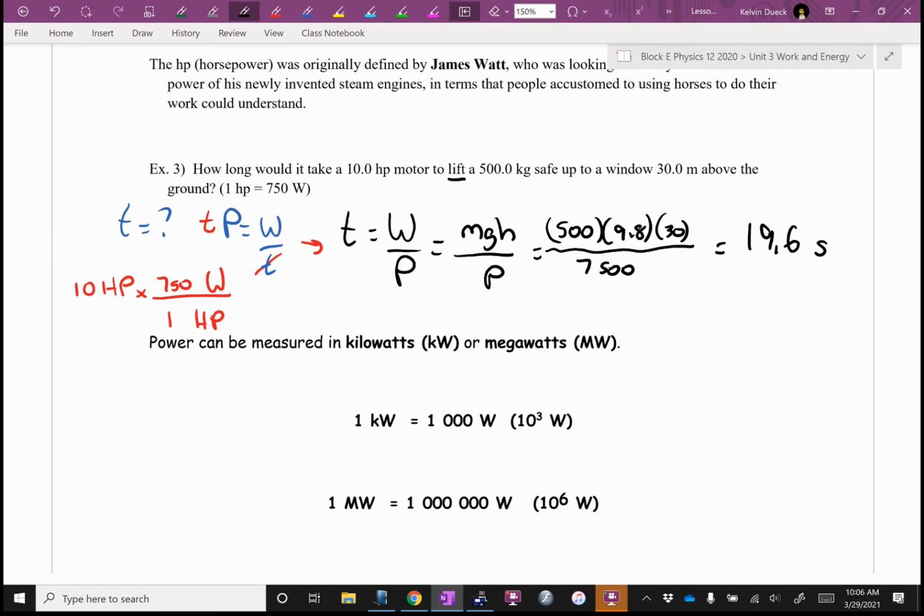Power is also sometimes measured in kilowatts or megawatts because 1 watt is not very big. So you'll often hear them talk about how a dam can put out megawatts of power or kilowatts of power. And now you understand that a bit more in context. When they say a dam is capable of putting out 5 megawatts of power, that's saying it can put out enough energy to do 5 million joules of work per second.